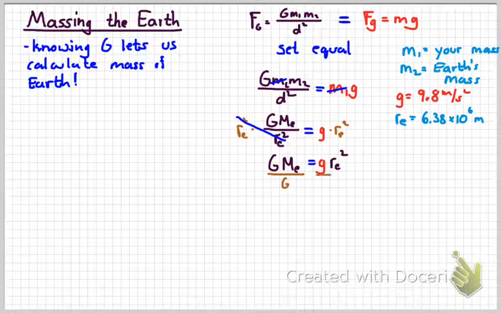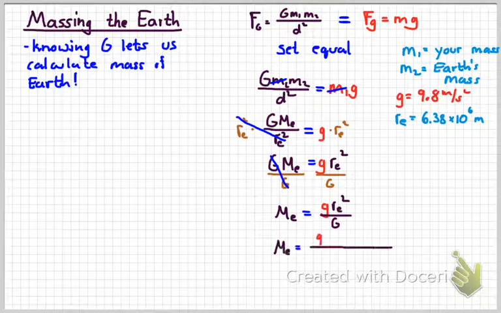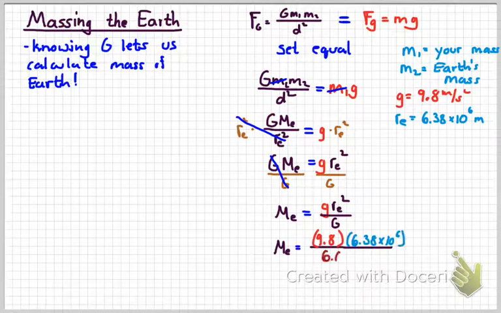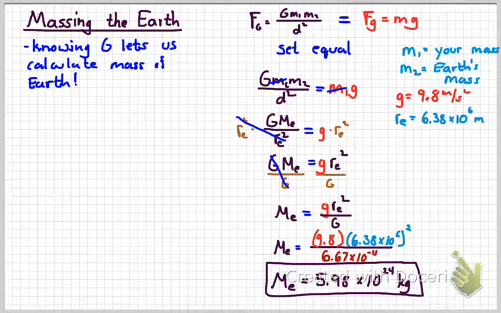So solving this for m, which is what we want to know, the mass of the Earth, we get mass of the Earth equals little g times the radius of the Earth squared over big G. So plugging in our numbers, and doing the arithmetic, you get the mass of the Earth to be 5.98 times 10 to the 24th kilograms, which, if you looked it up in the front cover of a physics textbook or a table of information, is the exact same value that you would find there.